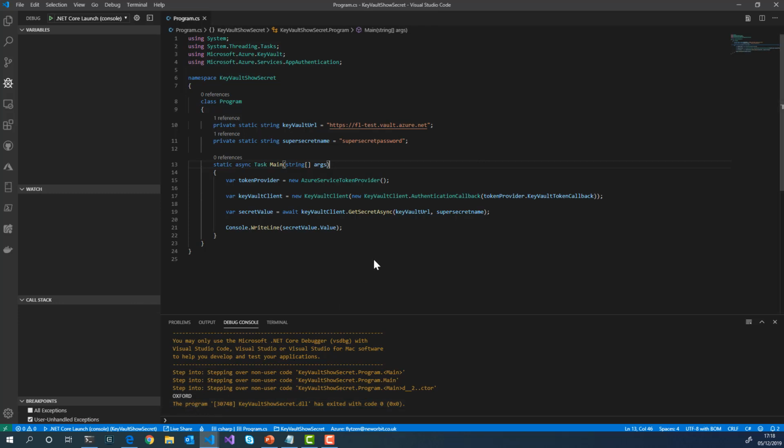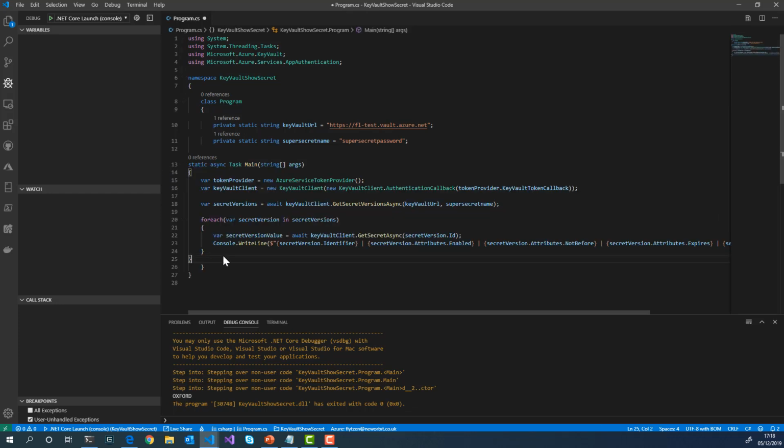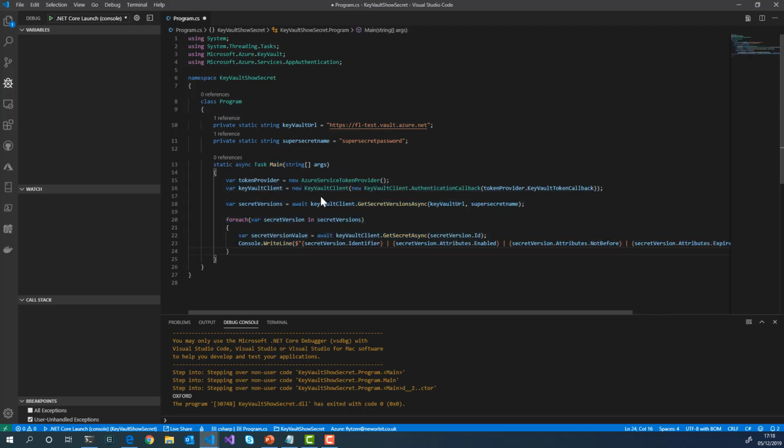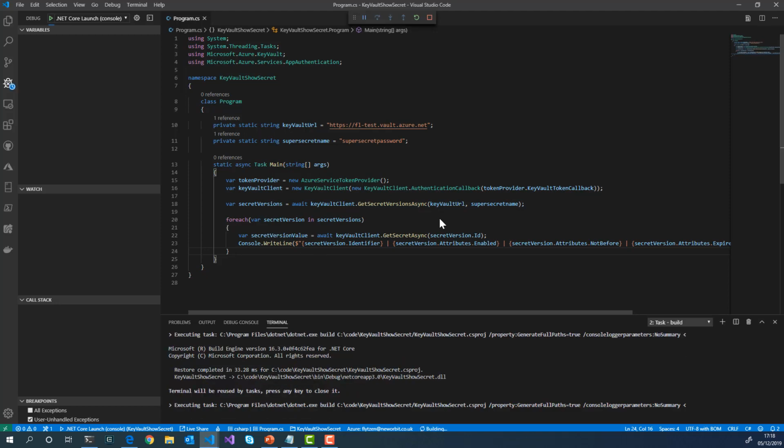So you might ask, what's the point of having those dates on there? If we change the program a bit, I'll show you a slightly different version that will list all of the versions, so you can do something like this in your code. It's basically the same thing, but we ask for all of the versions of that secret, and then loop through each one and print out the information we have about them. So now if we run this code,